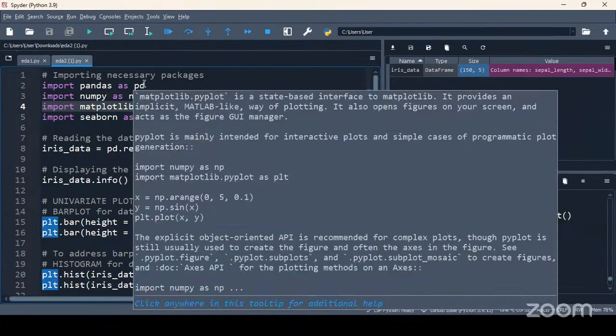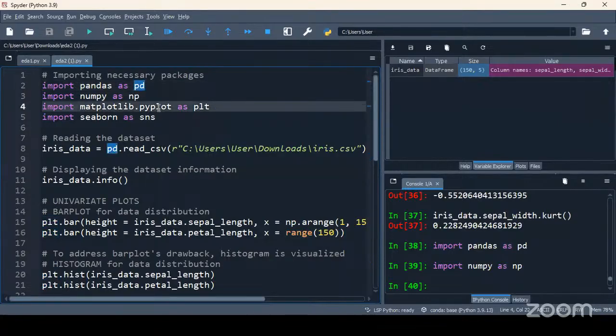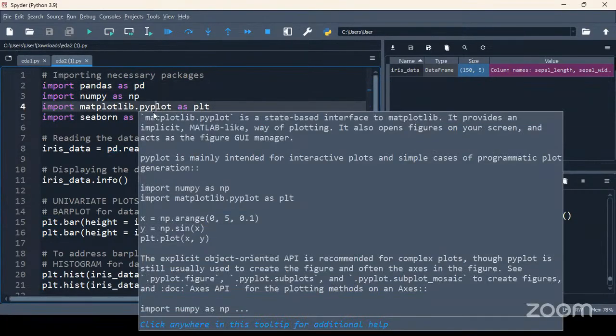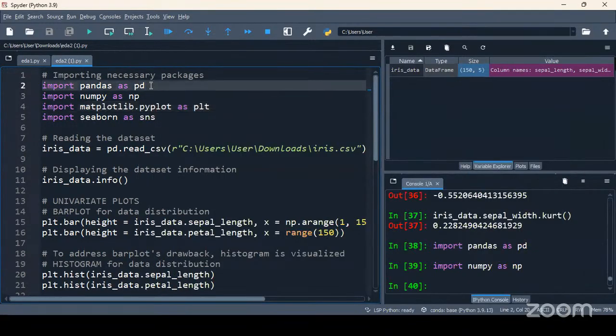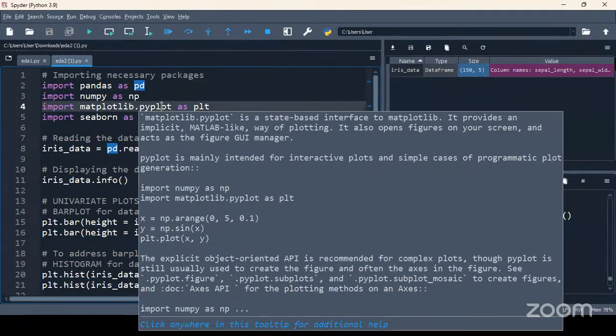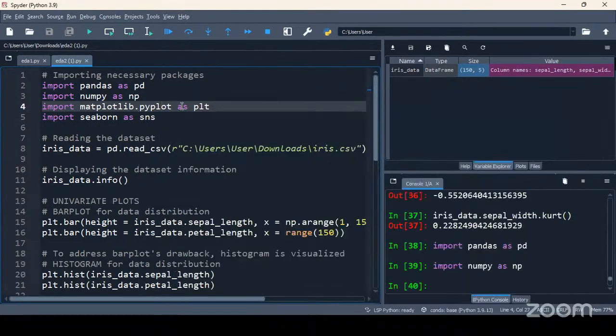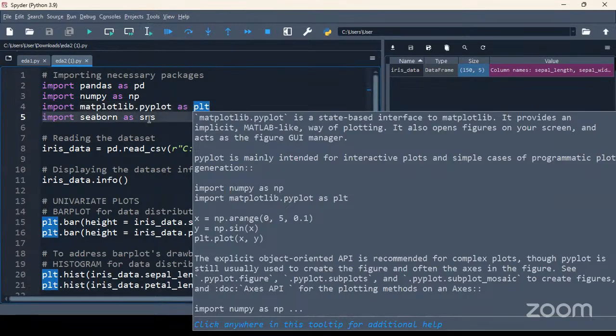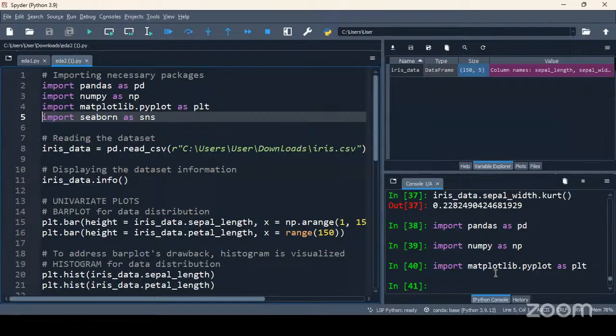So that makes the difference between line number 1 and line number 4. Getting the point? Here we are importing the entire package, but here I don't want the entire package. I just want only a part of it. So whatever is my requirement, I'll just import that specific part. Pyplot is what I'm importing with the alias name PLT. Why are we importing? For visualizations. Done.